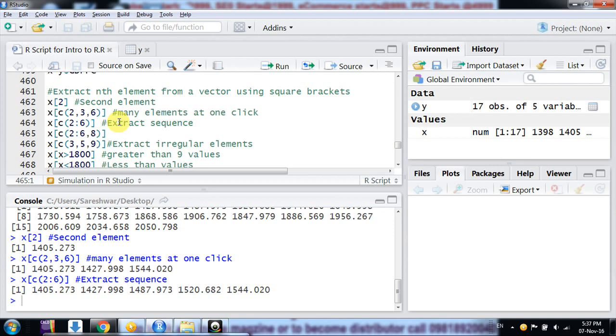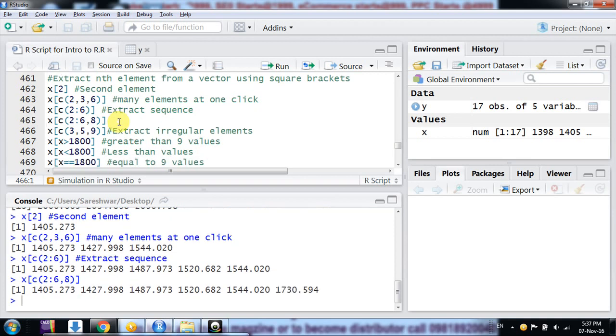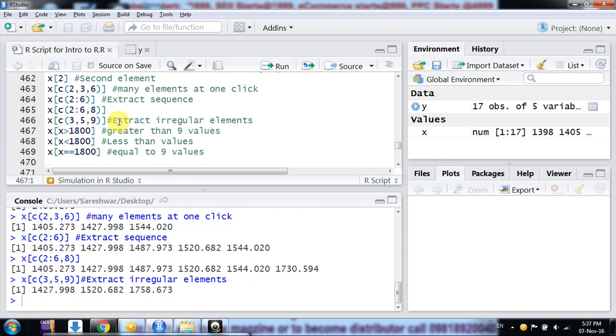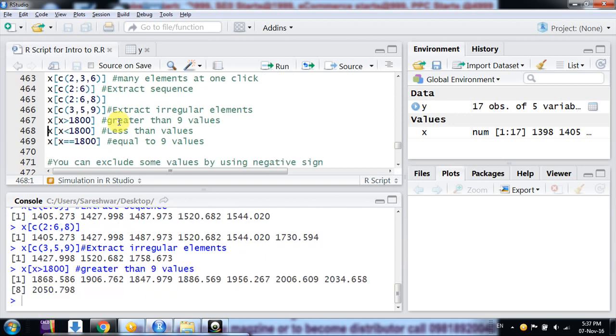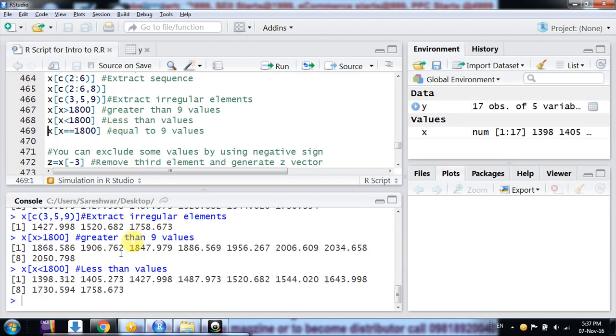Suppose you want the outcomes that are more than 1800, you can use this command. If you want to extract the values less than 1800, this is the command. All these values are less than 1800. You can take any value here.